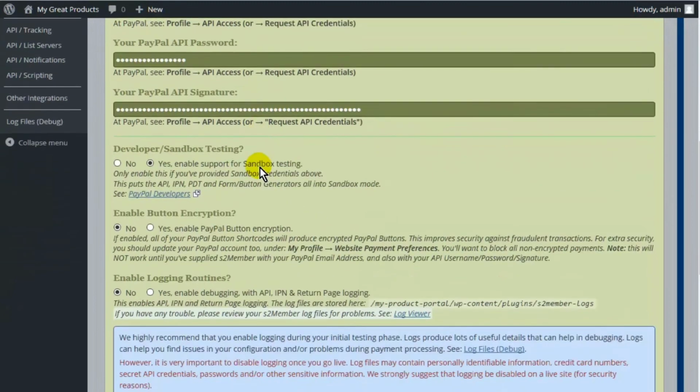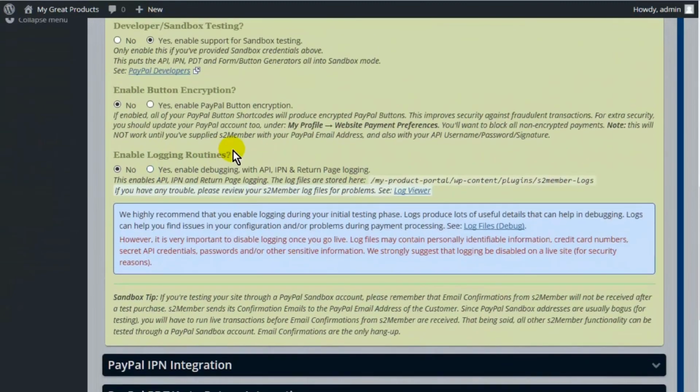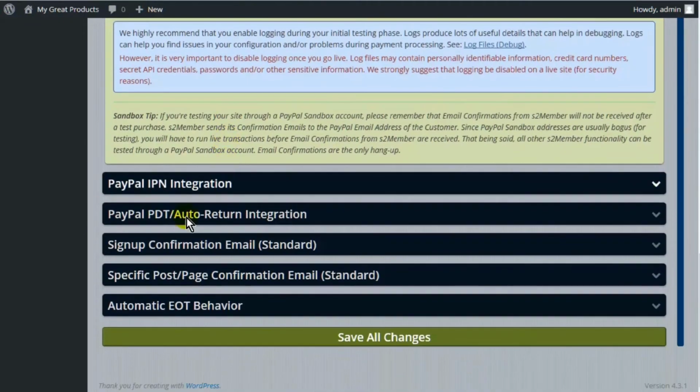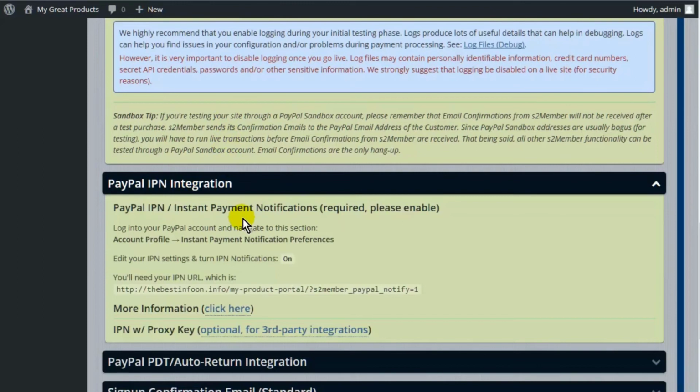Okay, so we got all this. Now you should enable button encryption and logging. I'm not going to do that, but if you want to troubleshoot, you can enable logging here and it'll put it out into a file. Next, you need PayPal IPN